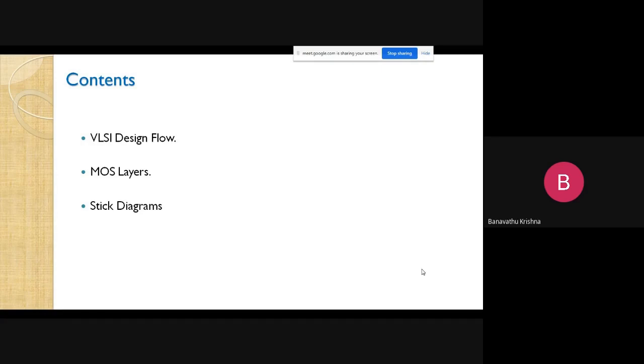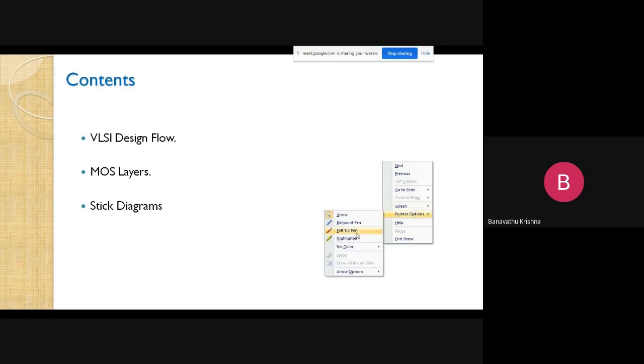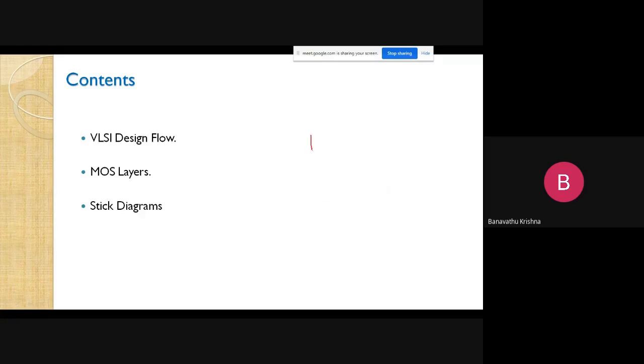Then stick diagram rules. Suppose you want to make the stick diagram representation. Suppose this is one layer and this is another layer.